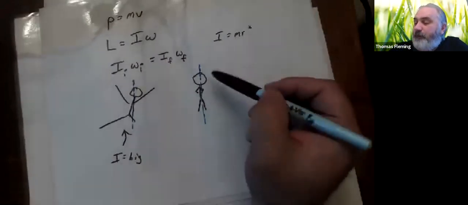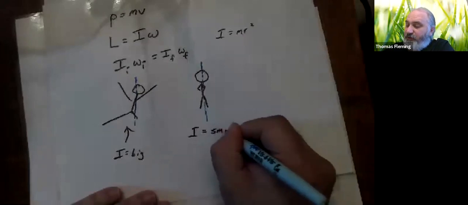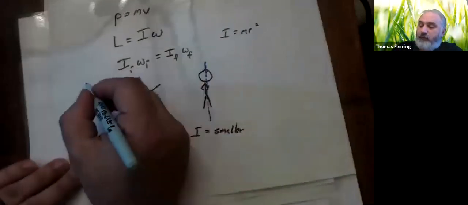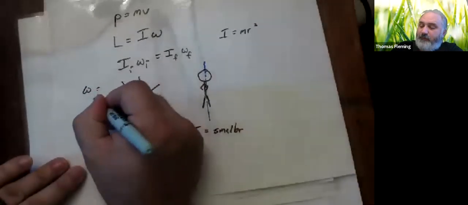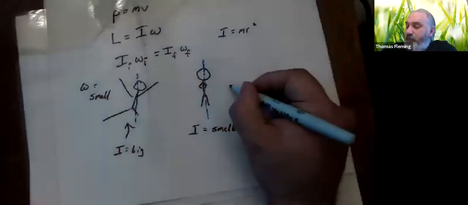the result of that is that the moment of inertia is considerably smaller. However, if I started out big and got smaller, the only way this equation can stay true is if the angular velocity that they started with, so here, omega, is small. The only way the equation can stay true when the moment of inertia gets smaller is if